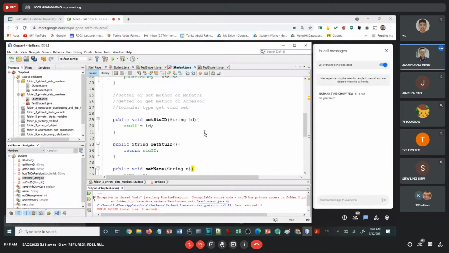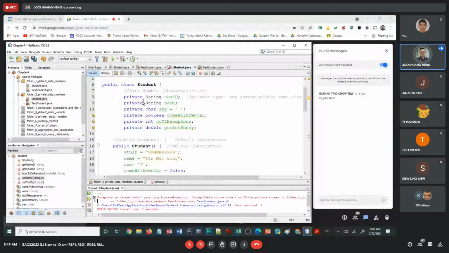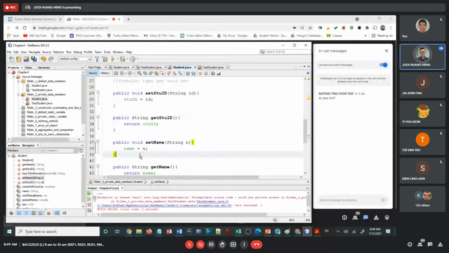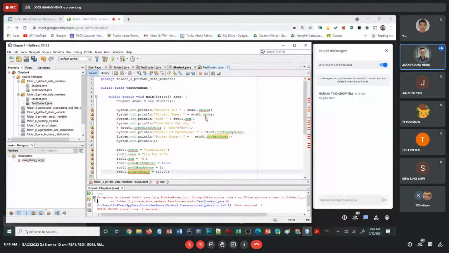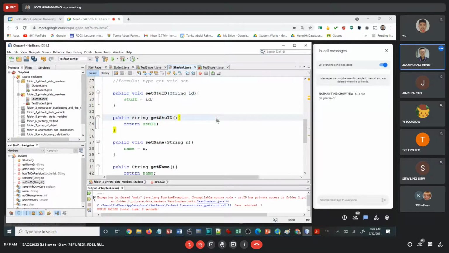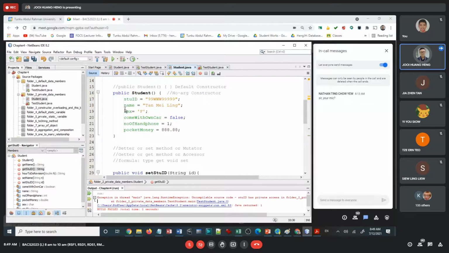Okay, so I hope you understand what I mean now. For each private data member, you must have set and get methods. If I give it like this, the user can now set and get the value by using the methods. That's why I need to change all the method names. Then later they can access. So now I will change all of them first. Each one has one pair. So the next one is